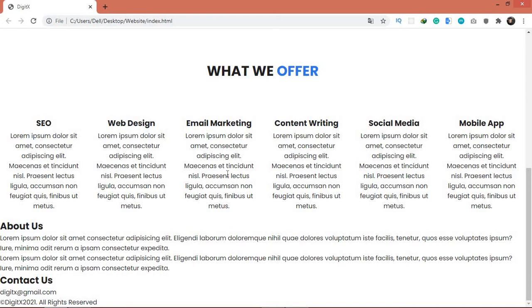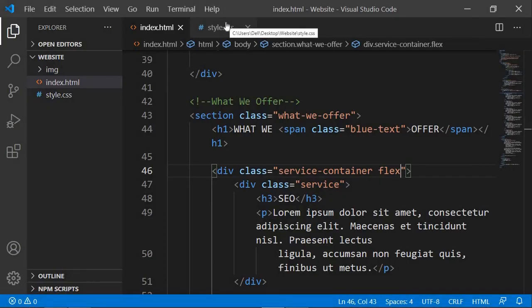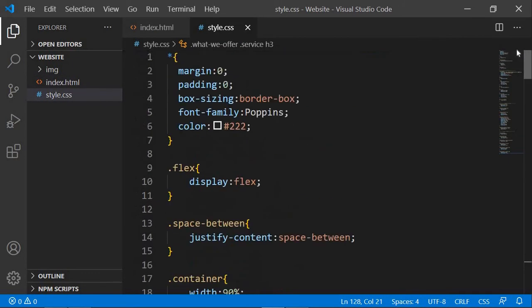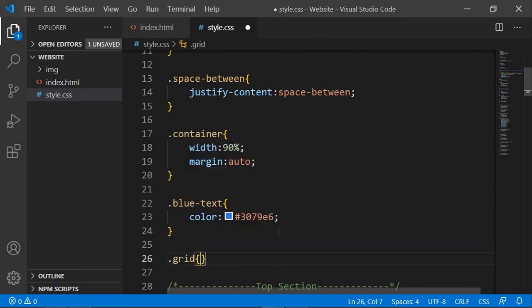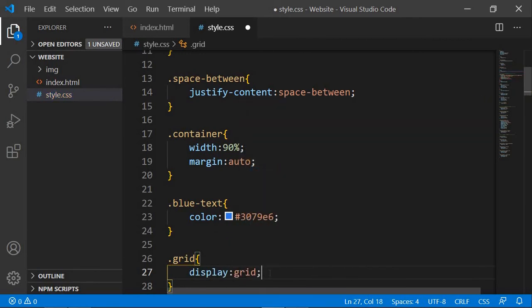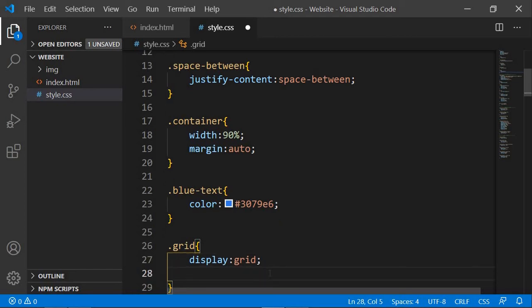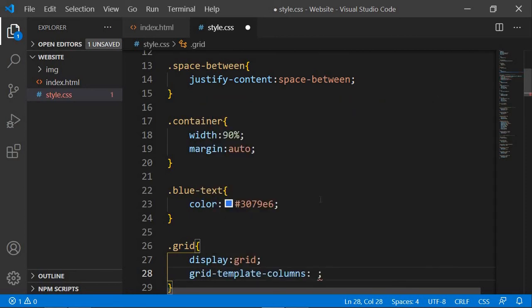So instead of flex, what we're going to use is a property called grid. Now you might say that the grid is kind of like a senior version of flex, but basically what we're going to do is add dot grid and set the display property to grid. Now when you are actually specifying a grid, you also need to set the number of columns that you want. So for that we have a property called grid template columns. Since, as I said earlier, we need 3 columns, so I'm going to use auto 3 times. Right, save that,